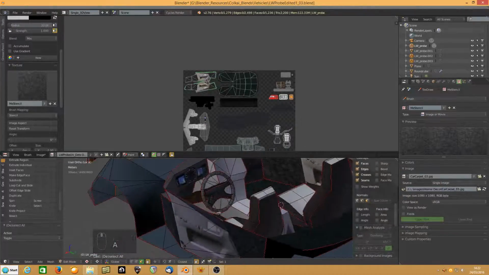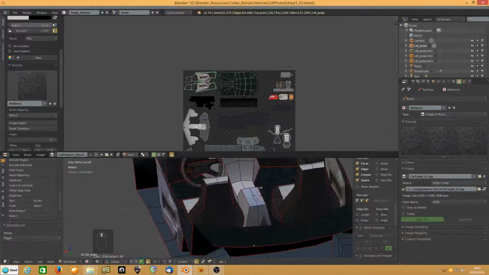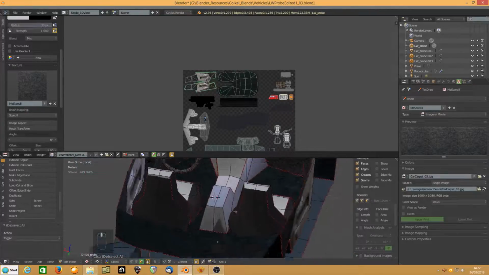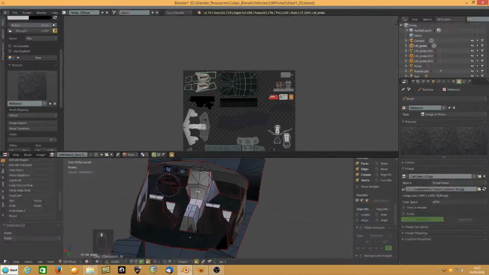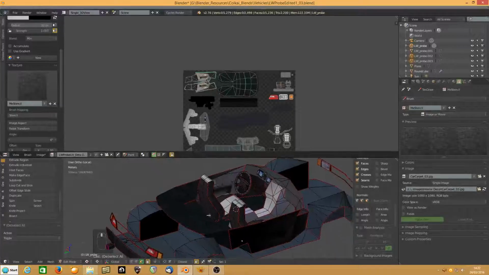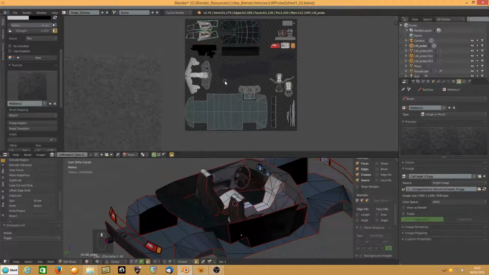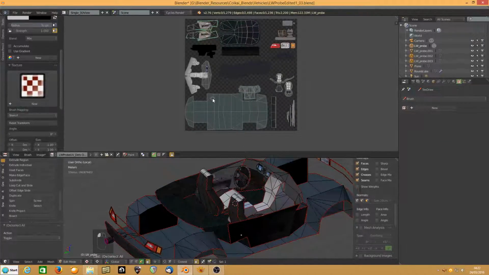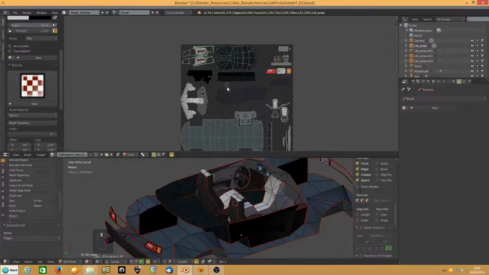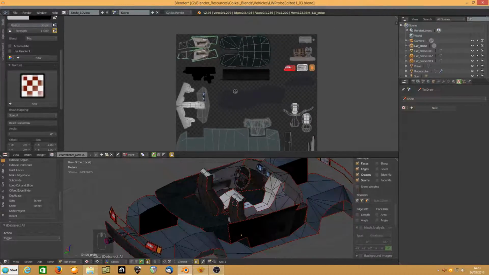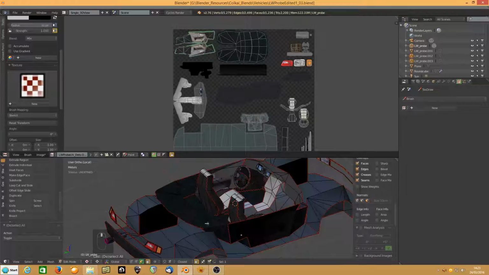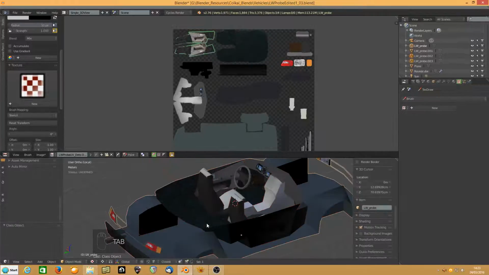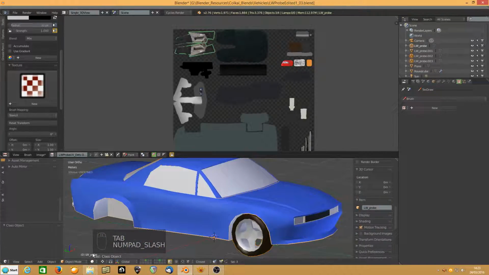And so you can see basically you just carry on with that process bit by bit, setting out all your textures. And then don't forget, of course, to save this once you've done all of that work. And if I go back into object mode and I go into texture mode,